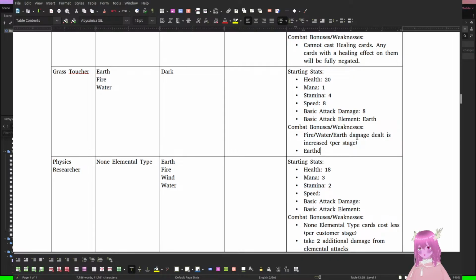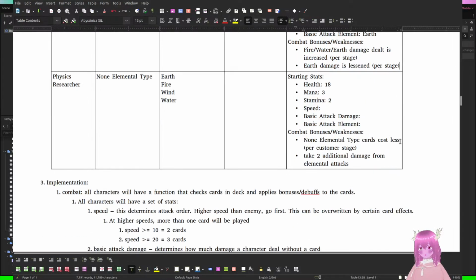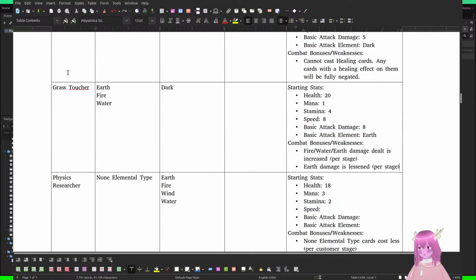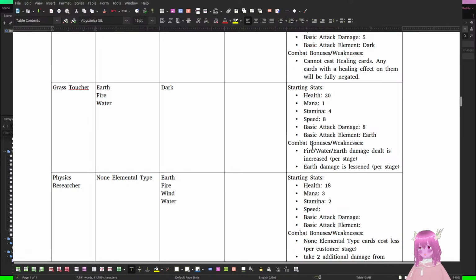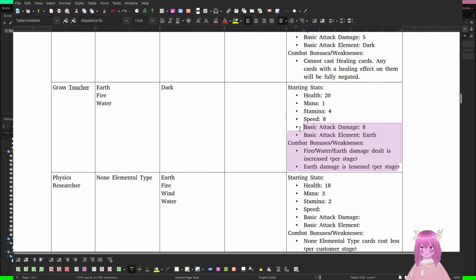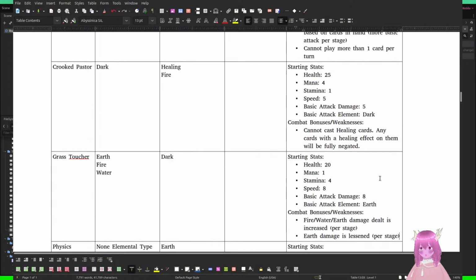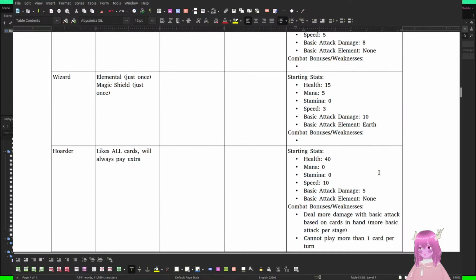Earth damage is lessened per stage. Yeah, the grass toucher could potentially completely block off certain earth attacks, which is neat. I think that's something neat for them.